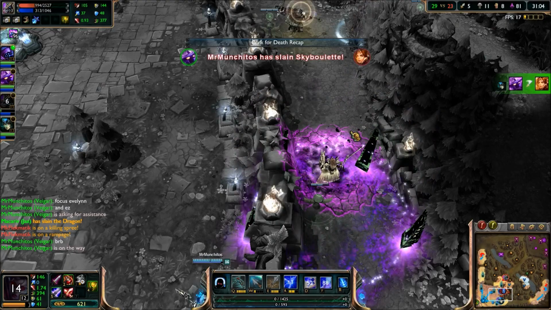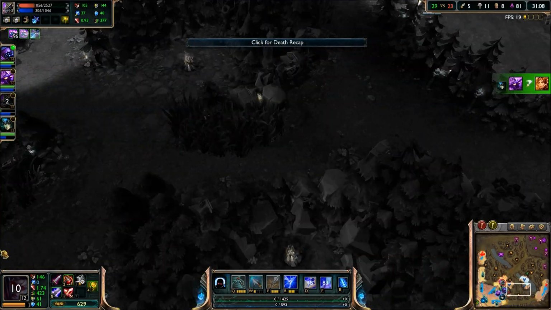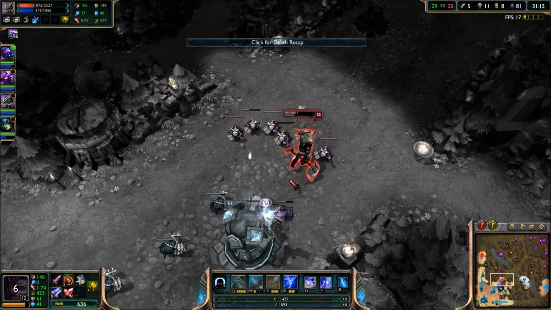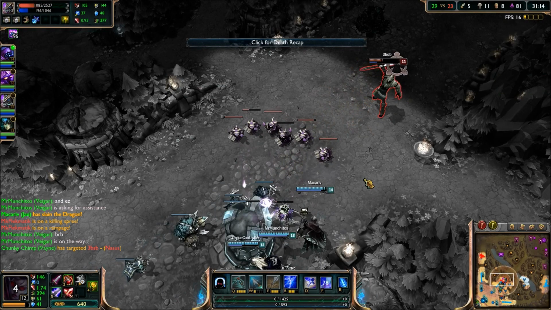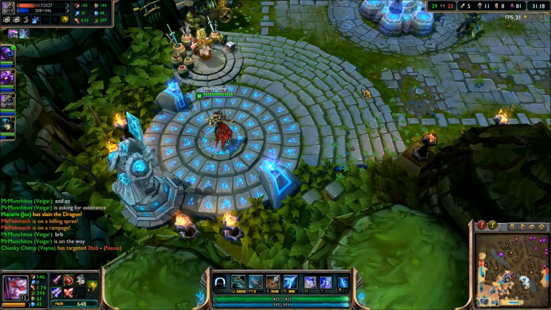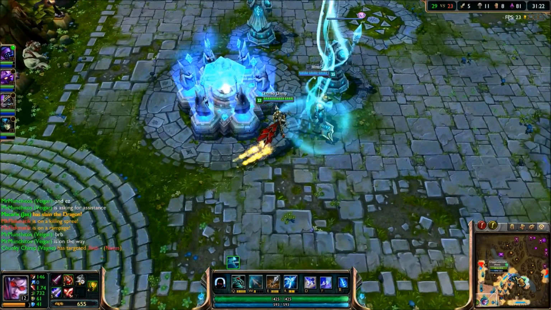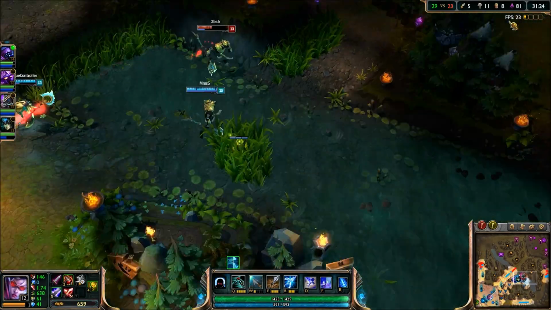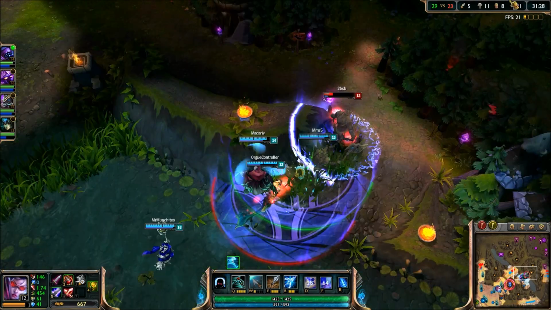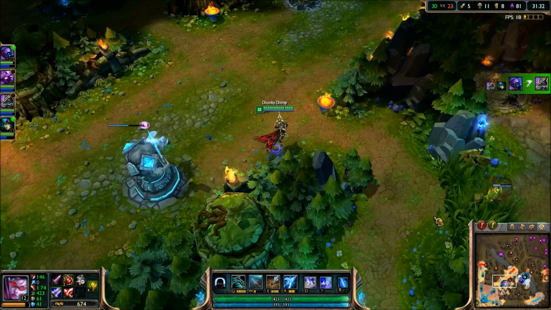So hopefully we should get the kill. Yep, we do get the kill on Leona, and hopefully Jax can do something to Ezreal. Hopefully Jax can catch up to Nasus and the rest of the team. Hopefully, yep, we should have Nasus. Yep, we have Nasus. Right, so all we need to do now is